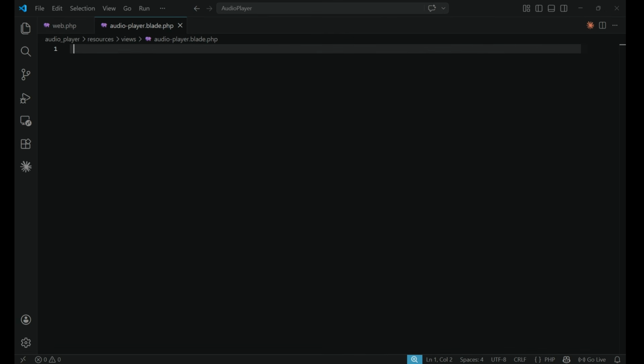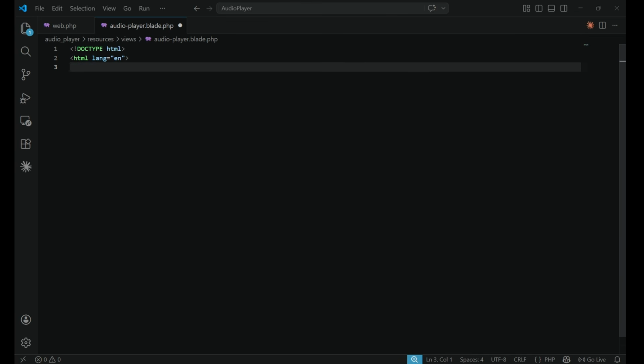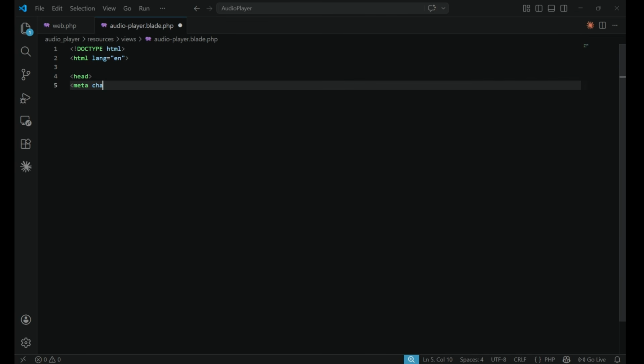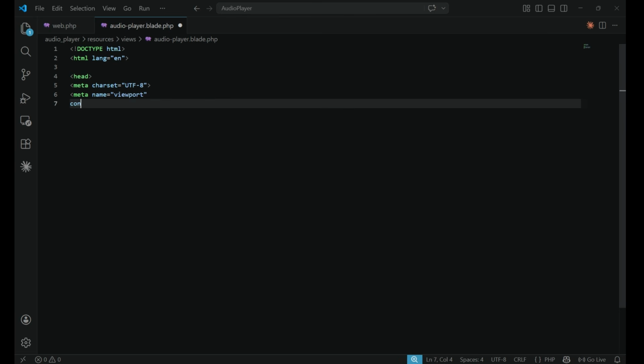Okay, simply start writing code from here, and first I simply add the starter template of HTML, and here I first add these, and then add the meta csrf,